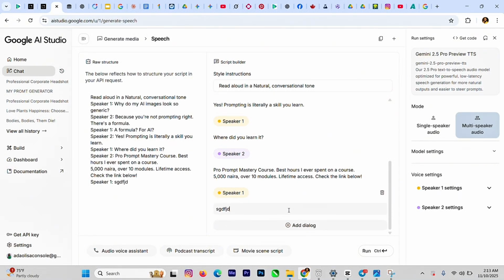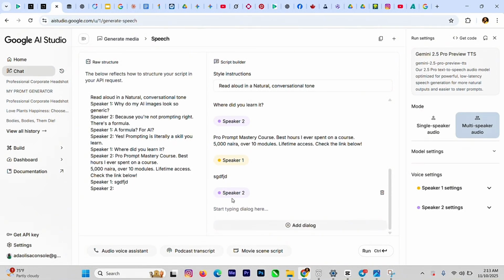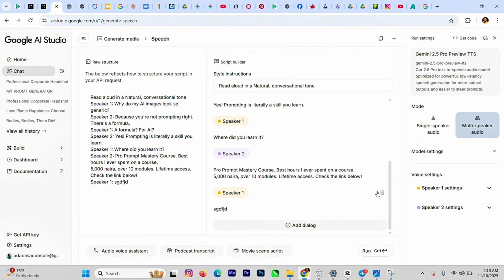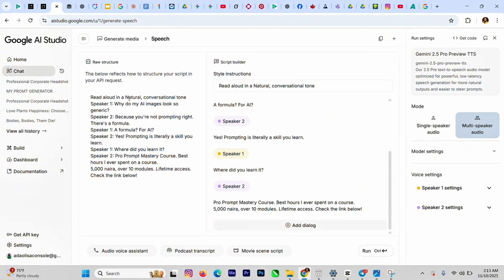speaker 1 content, right? But you can click on it again, it gives you the speaker 2, right? But I already have mine ready. So over here, this is like how the voice is going to sound, what the voice is going to say. Okay, it is going to read it aloud in a natural conversational tone. So this is your script. As you type it by this right side, it shows here, right? Then the next thing you're going to do is to come over here, your model settings, the temperature, I already